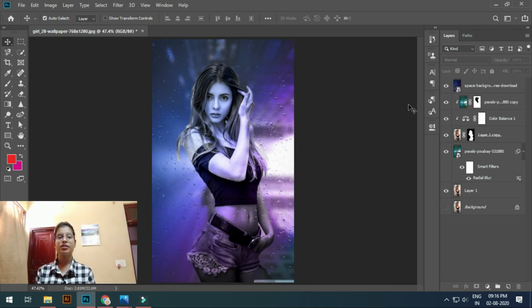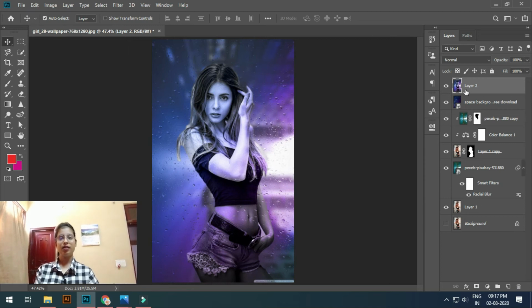So first we have to merge all the layers into one layer, but what we have to do, we have to press Ctrl Alt Shift E, and you can see that the layer is there.